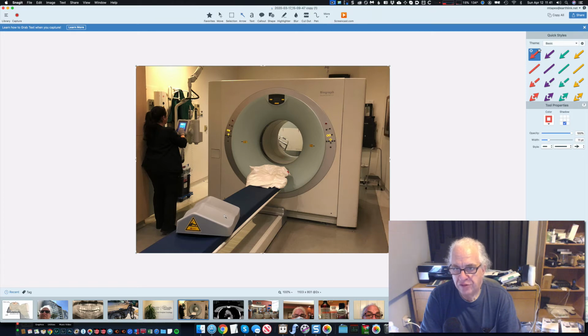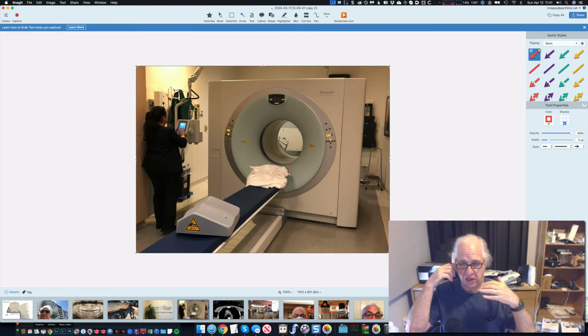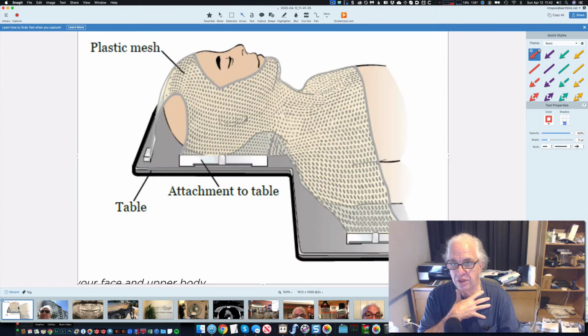So the whole point is this radiation obviously has to be targeted very precisely to where it is. It modulates in terms of intensity, how strong the beam is. It's three-dimensional, so it can come from any angle. I haven't seen the machine, but the radiation machine also has the ability to take a CAT scan. So what the simulation is, they lie me down, and they're going to build a mask